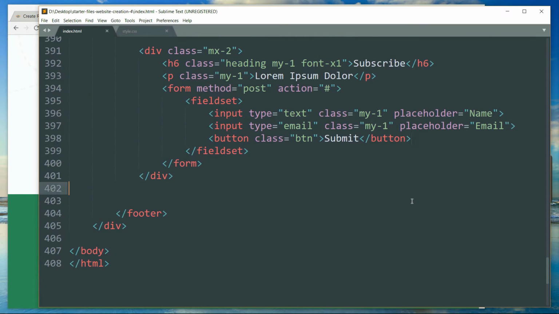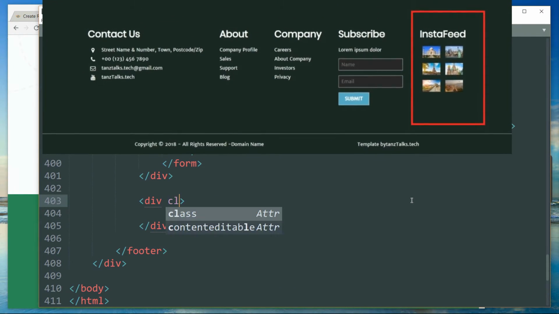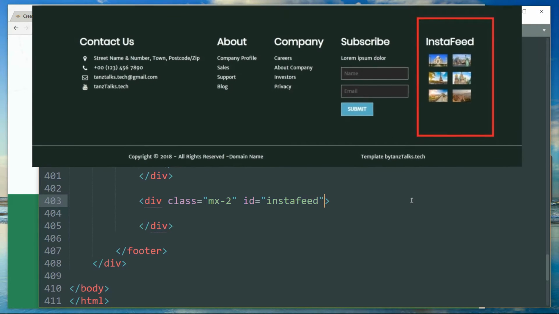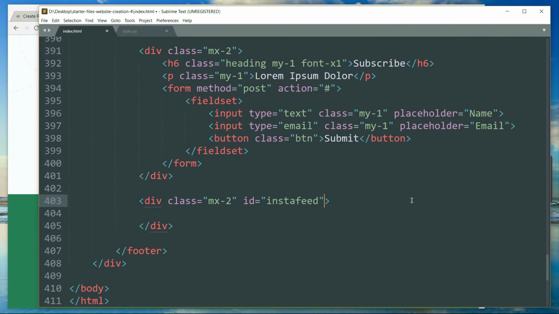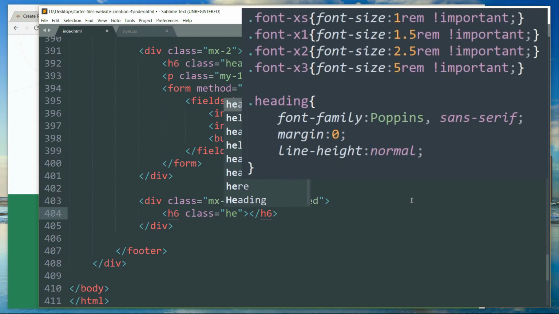Then get outside this div tag and let's create a new div tag. Write the class as mx-2 and id as instafeed. We are going to use this ID in the CSS later to refer to this div tag and make the appropriate stylings. So anyways, get inside and create a h6 tag and write the class as heading